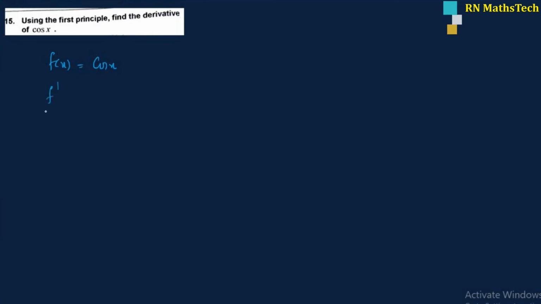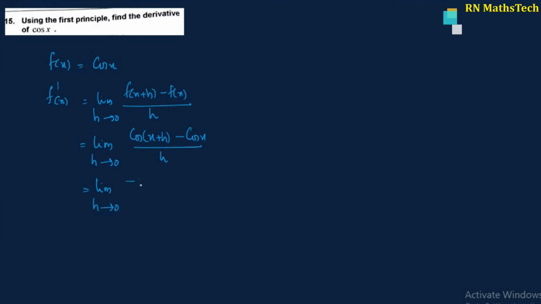F dash x is equal to limit h tends to 0 f of x plus h minus f of x divided by h, that's equal to limit h tends to 0 f of x plus h is cos of x plus h minus cos x divided by h, that is limit h tends to 0 cos c minus cos d is minus 2 sin x plus h plus x by 2 into sin x plus h minus x by 2 divided by h